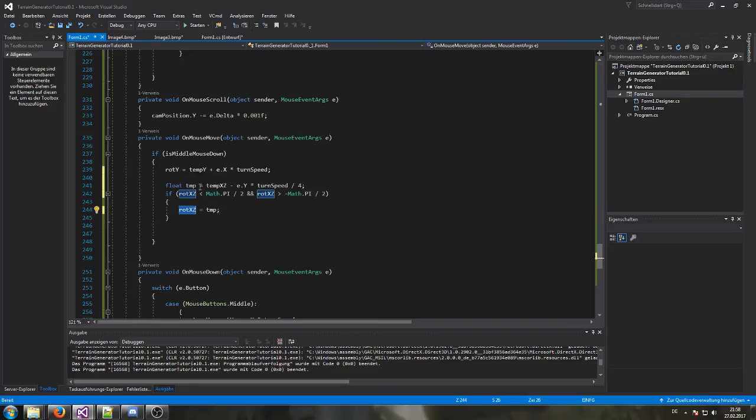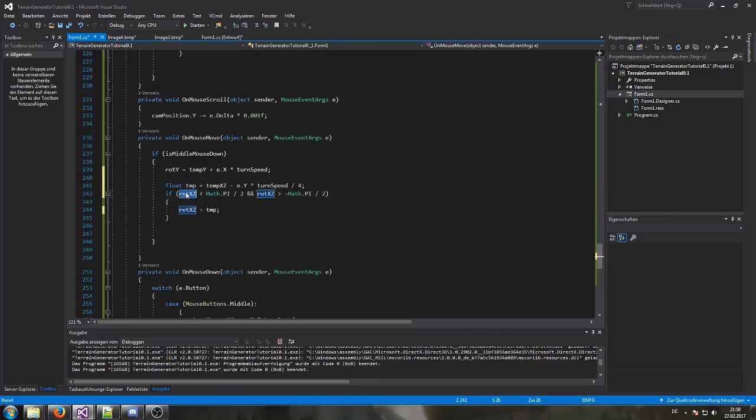So even if rotation XZ has reached the border of 90 degrees looking downwards or 90 degrees looking upwards, it will not do anything in here anymore, but the temporary variable keeps calculating properly. So as soon as we go back up, it allows it instantly,